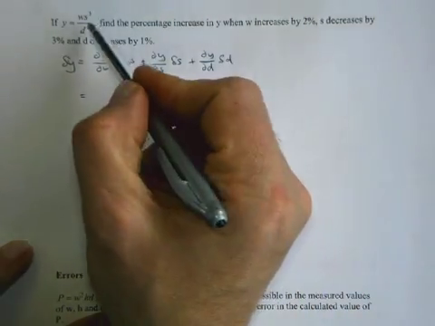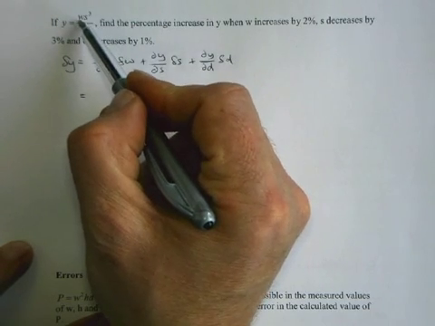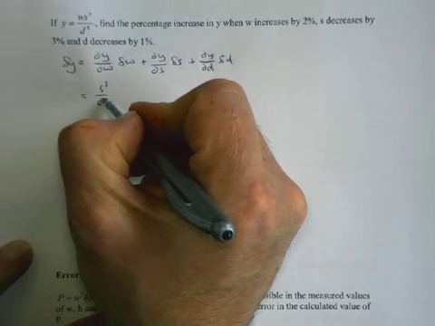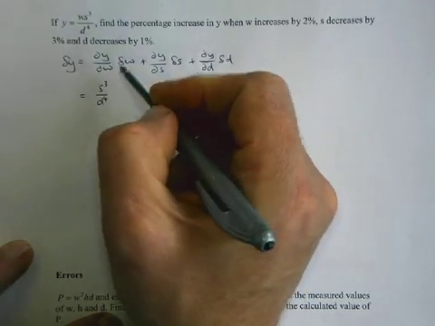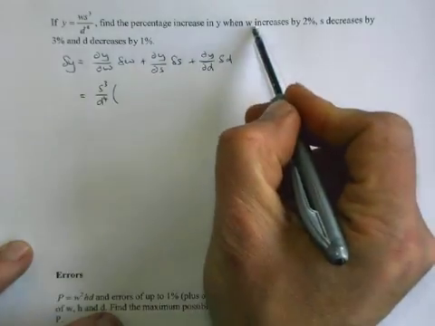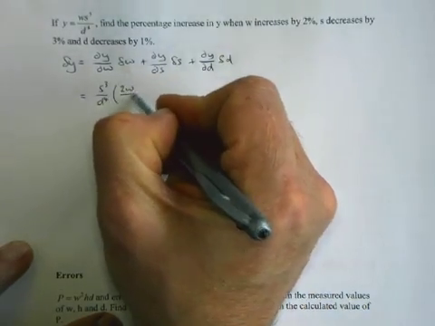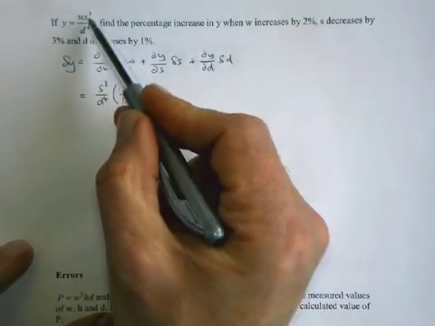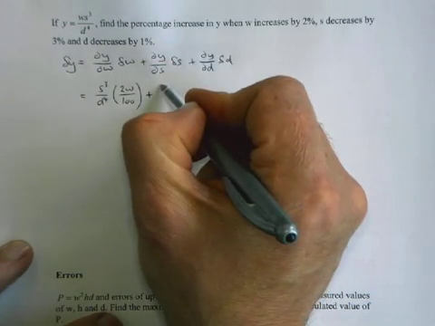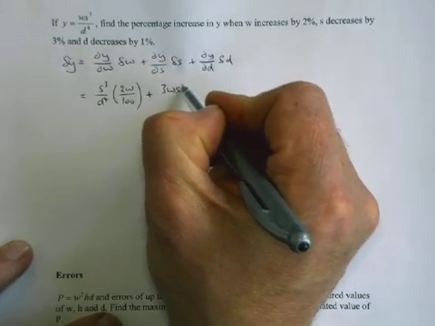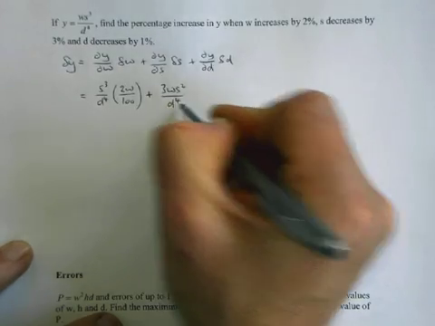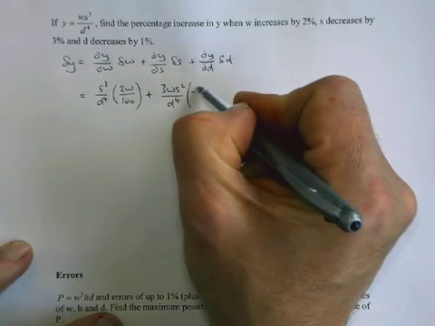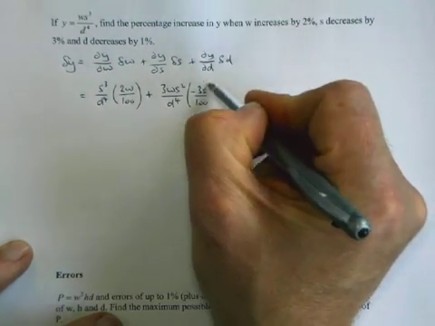and then see how much each one changes by. So if we differentiate this with respect to w, so w is the only variable, so the rest is constants, and we differentiate that, we just get s cubed over d to the power of 4, and how much w is changing by? Well, w is increasing by 2%, so that's 2/100ths of w, plus how much does y change when s changes. So now we're going to differentiate with respect to s, which gives us 3ws squared over d to the power of 4, times the change of s, which is a decrease of 3%, so negative 3/100ths,